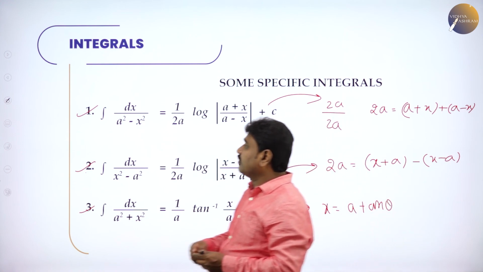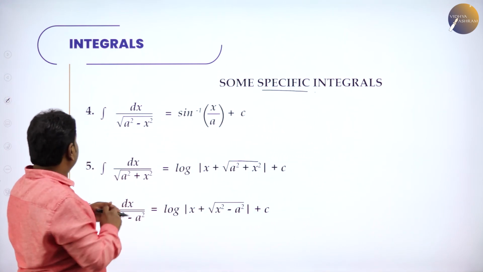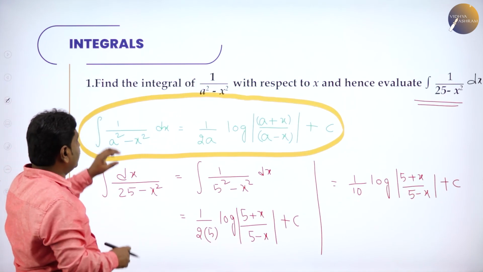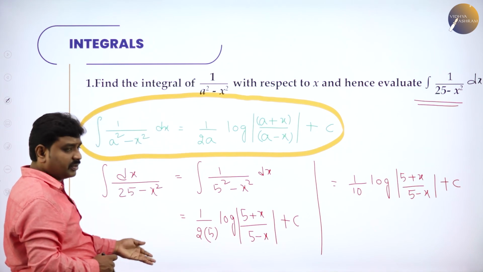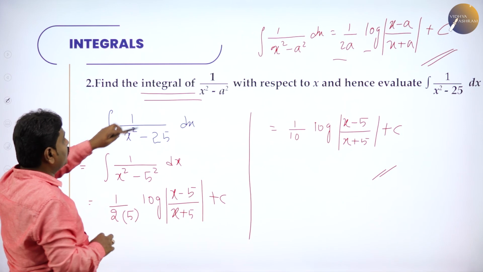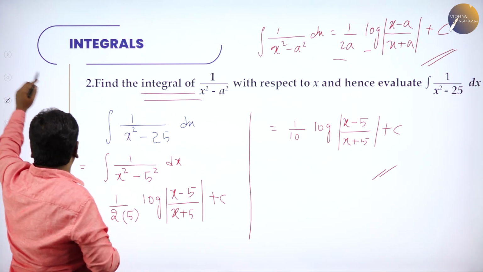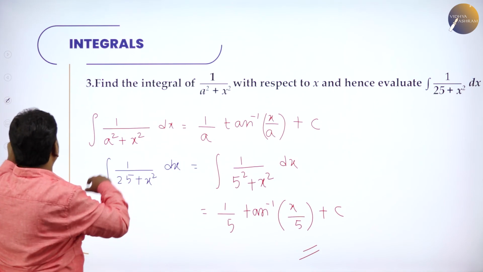and also derivations. How to derive, we have done it. So all three derivations I have done. First, this one, these three will go in the next class. So this one I have derived. What we have done, we divided and multiplied by 2a, and we factorized and we derived. Then second one also, we divided and multiplied by 2a and we factorized to derive it. But third one, we have done a method of substitution. This is the methods we use to derive these three.